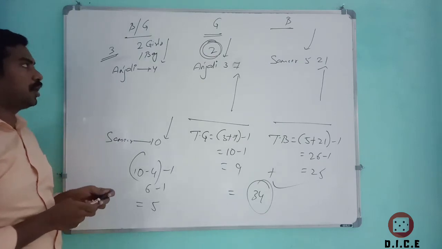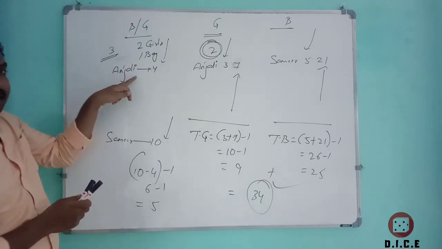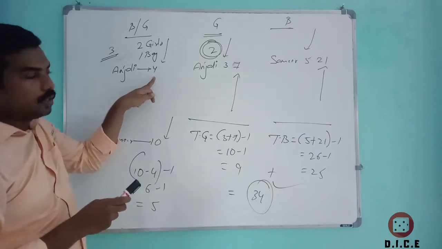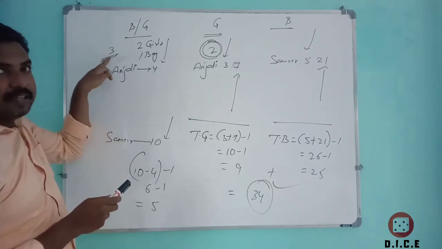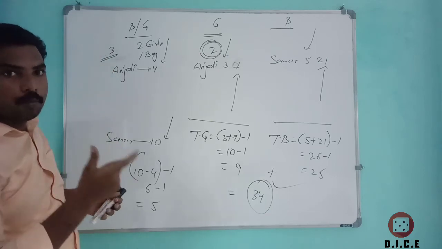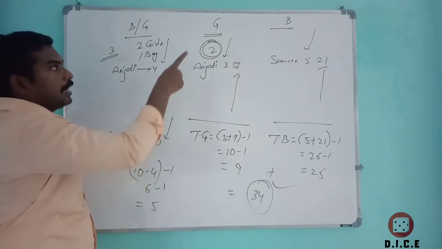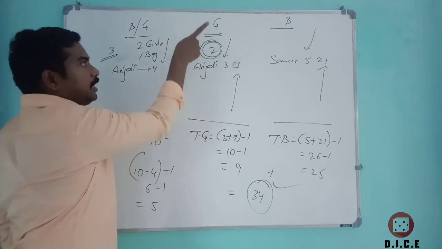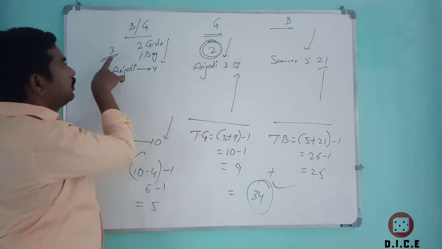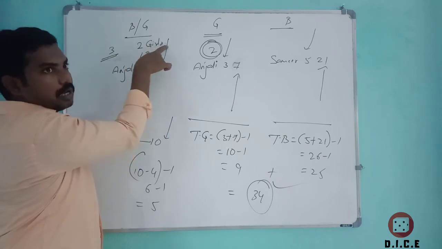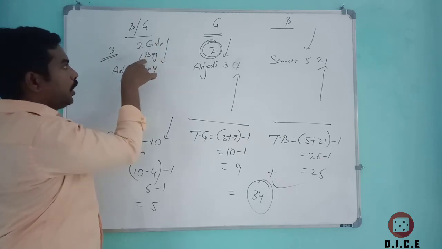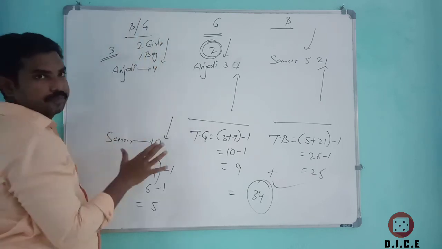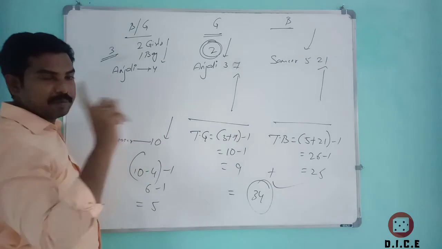I repeat, you note this point very clearly. In the case of boys and girls, Anjali is 4th from the top, so definitely there will be 3 persons ahead of Anjali. We don't know how many boys and how many girls. But in the case of girls, Anjali is 3rd from the top, so there will definitely be 2 girls ahead of Anjali. Now you subtract 2 girls from 3, and definitely there will be 1 boy left. Therefore 2 girls and 1 boy ahead of Anjali. That is point number 1.